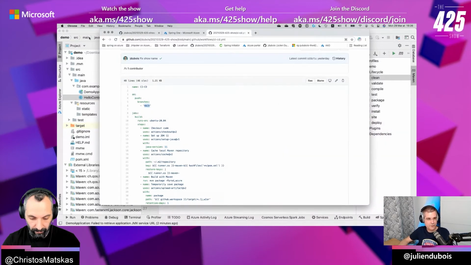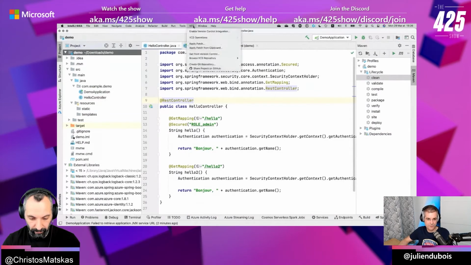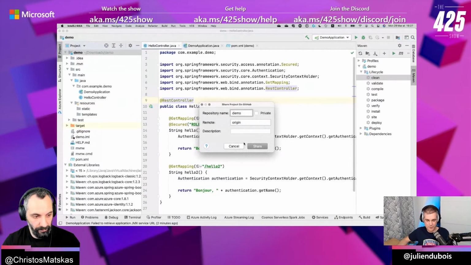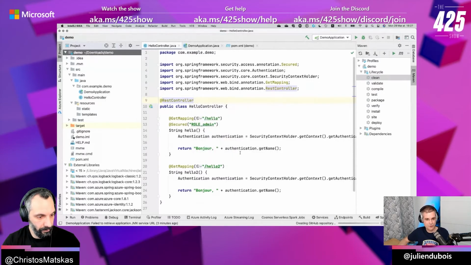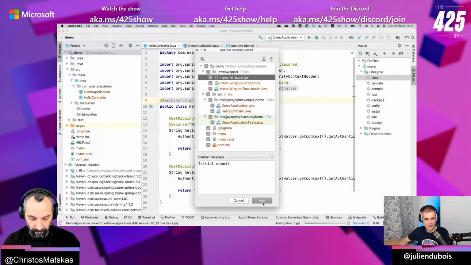Let me configure CI/CD on this. So first of all, I need to share the project on GitHub. I'm not going to call it Git demo because, come on. Well, let's keep demo, and I will destroy it later. So I remember I need to destroy it, because that's not the real one. So let me push this to GitHub. Yeah, I want to push. Hang on. Do I have anything secret? No, we removed everything, so everything is good. So let me push that to GitHub.